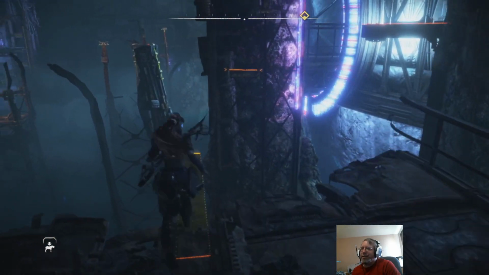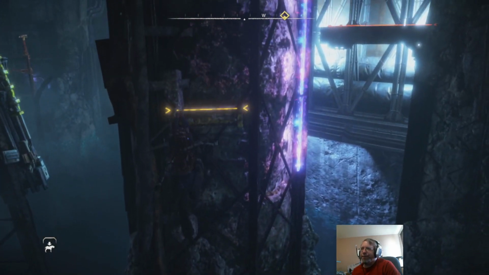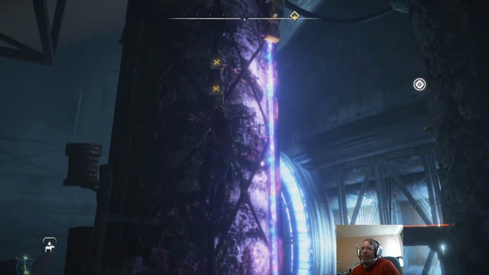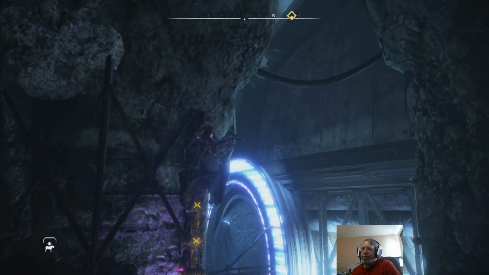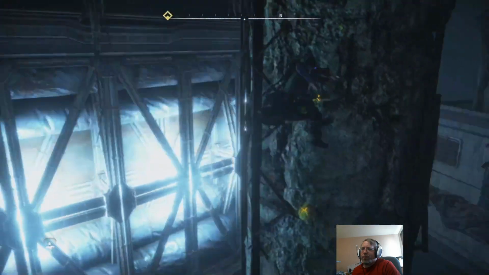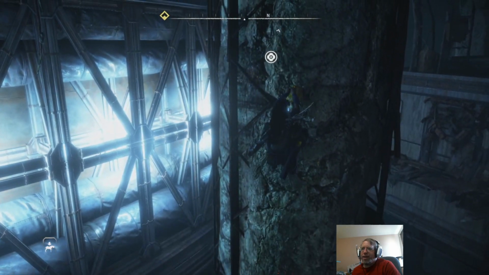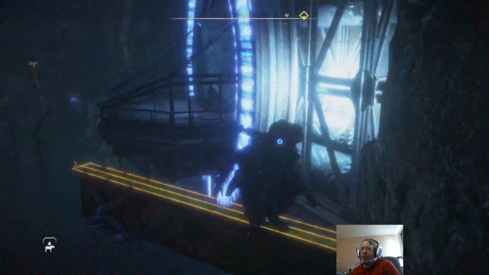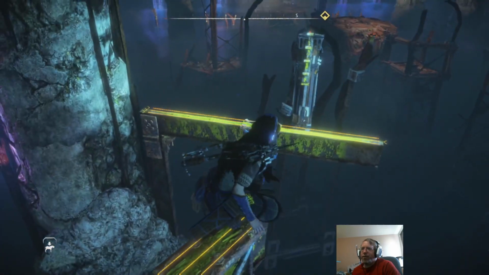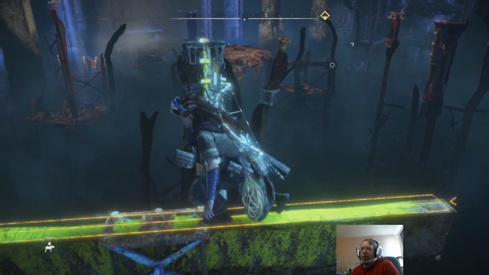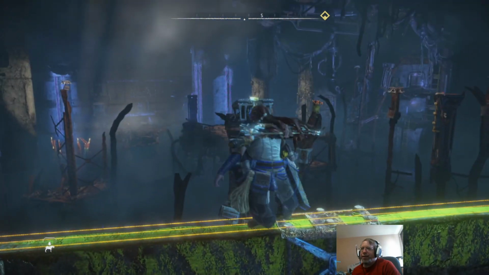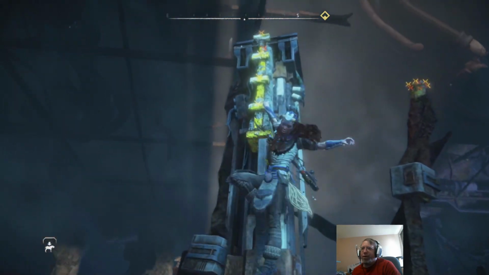Alright, nice and simple. Go. Up. Up. Down. Down. Rotate. Jump. Hold on. Just a little. Like I said, the climbing's a bit wonkier than the first one.